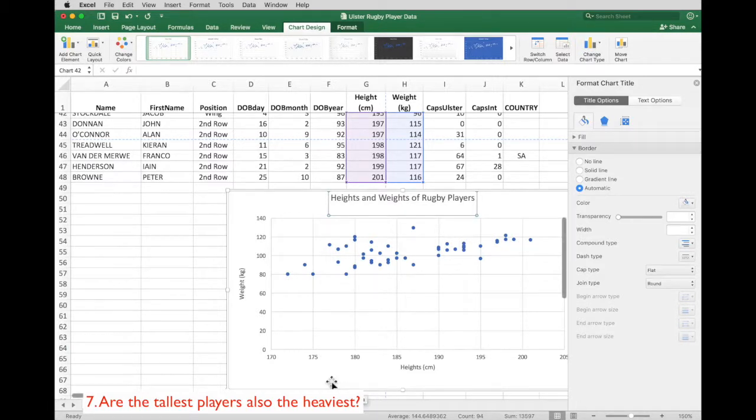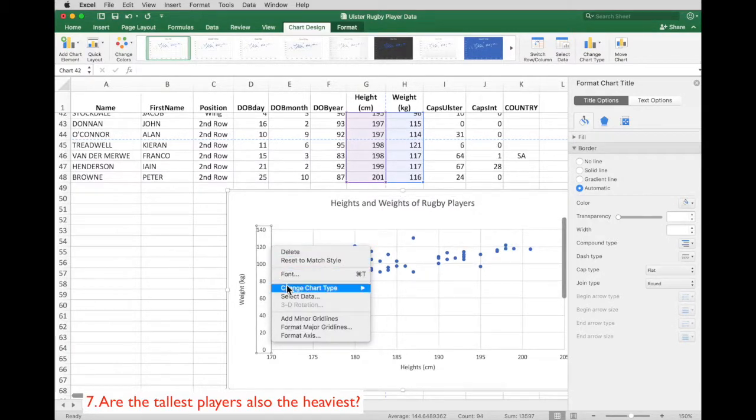Now, one thing, you can see that the weights run from 0 to 140, but actually the heights have been trimmed. They start at 170. And I might want to trim the weights so that they run from, say, 60 kilograms. So right click on this axis, choose Format Axis,